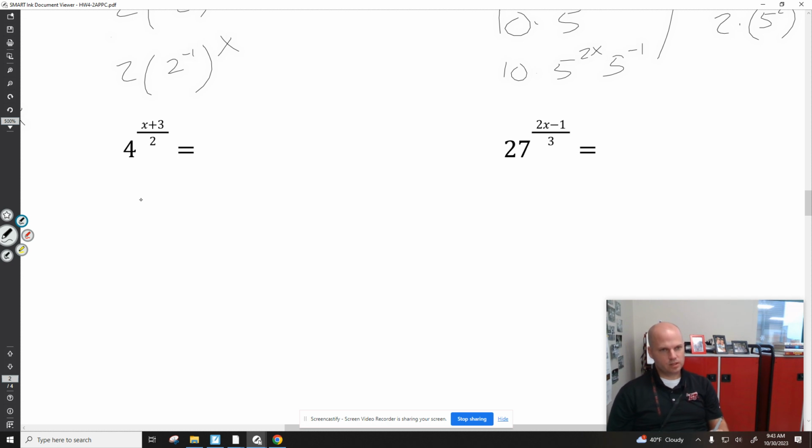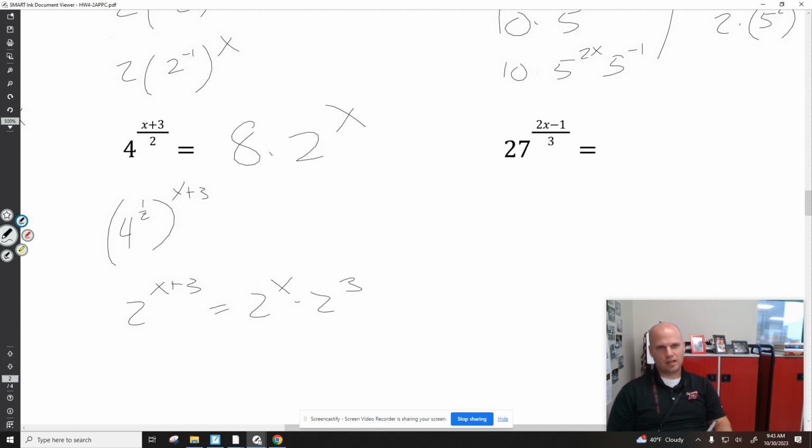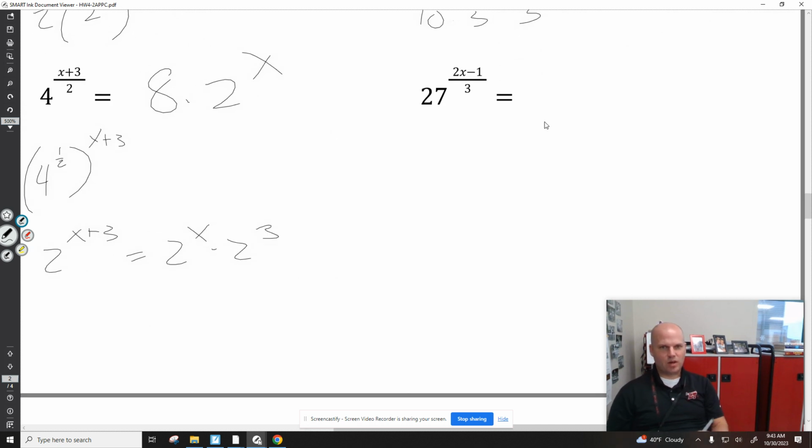Well, watch this. This is x plus 3 divided by 2. 4 to the 1/2 to the x plus 3. That immediately becomes 2 to the x plus 3, which can be written as 2 to the x times 2 cubed, which can be written as 8 times 2 to the x. Yo, if you're struggling with these, you have to just practice them. They're good